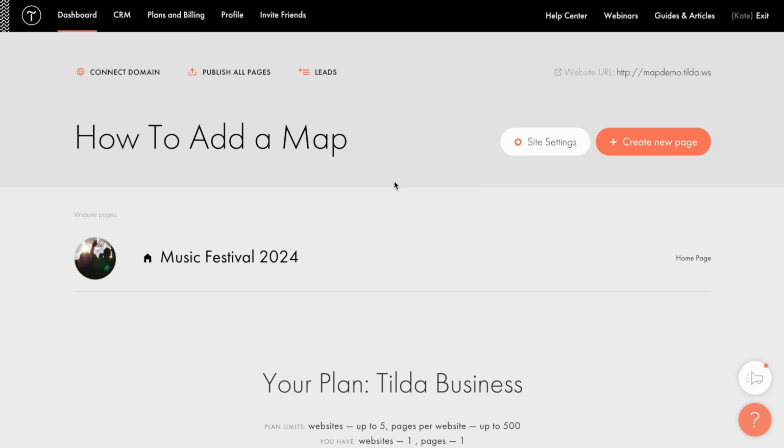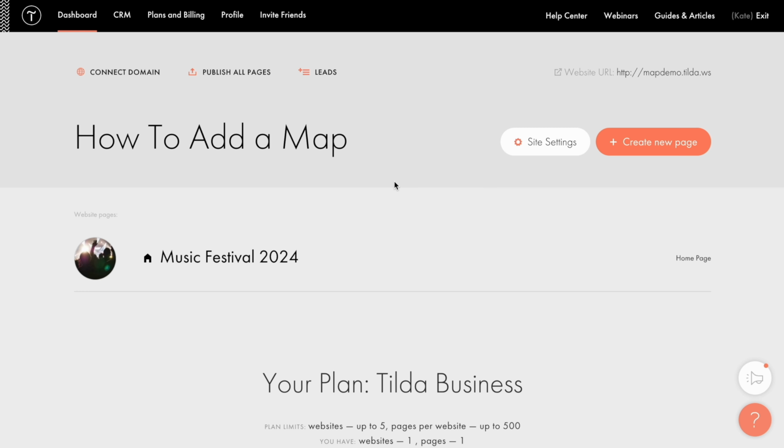Please note that you can add an API key not only in the Content tab of a block, but also in the site settings. It can be particularly useful in case you have multiple pages with a block containing a map. By adding the key through site settings once, you'll spare yourself from having to add it for every block on your website. If you add an API key for a map in both the Content tab of a block and the site settings, Tilda will prioritize the one specified in the Content tab.